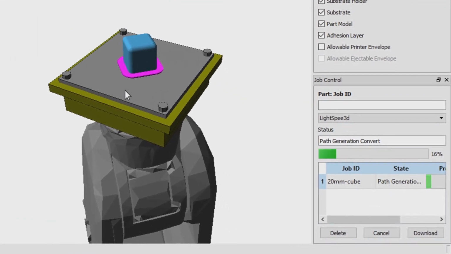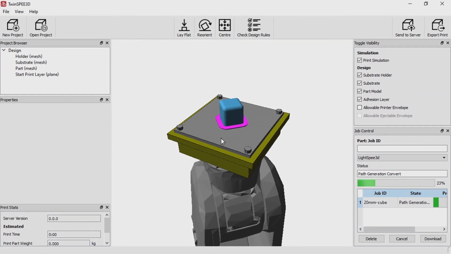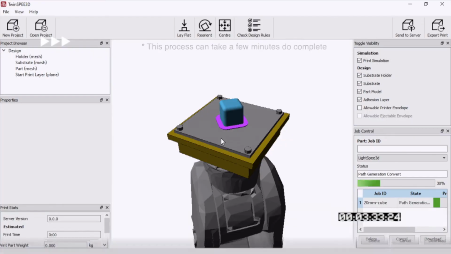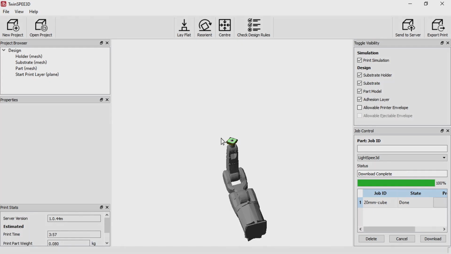In the bottom right, you will be able to see the progression status of your print job's toolpath on the TwinSpeed server. When the process is complete, the resulting simulation and toolpath will be downloaded and displayed on TwinSpeed. Once the process is complete, the simulation will be displayed on the TwinSpeed screen, where you can check the quality